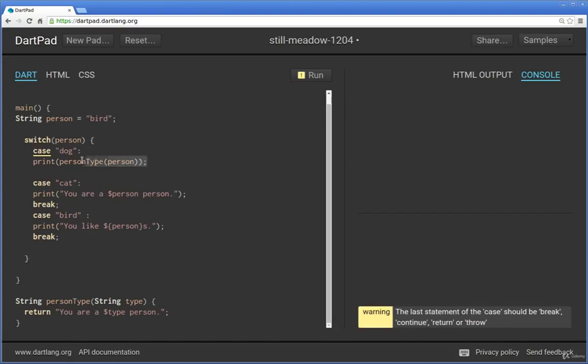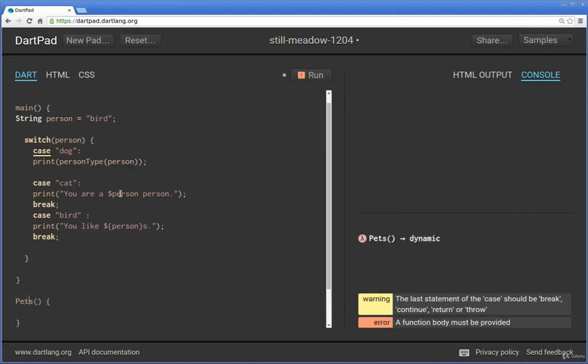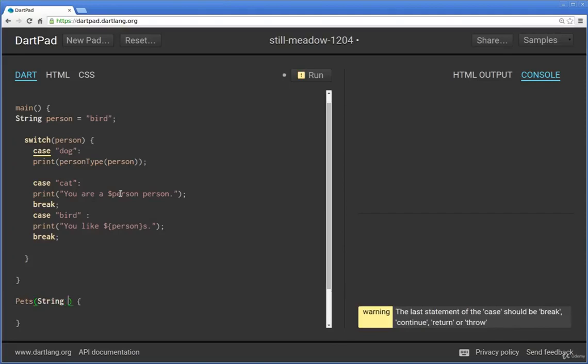After every case, what you're going to do right inside of here, you do need to have some type of ending. Break for the majority of times. Return would only be if it's in a function by itself. So, for example, if you have a function called pets, and then this would be like string pet, I guess. And then you'd say switch